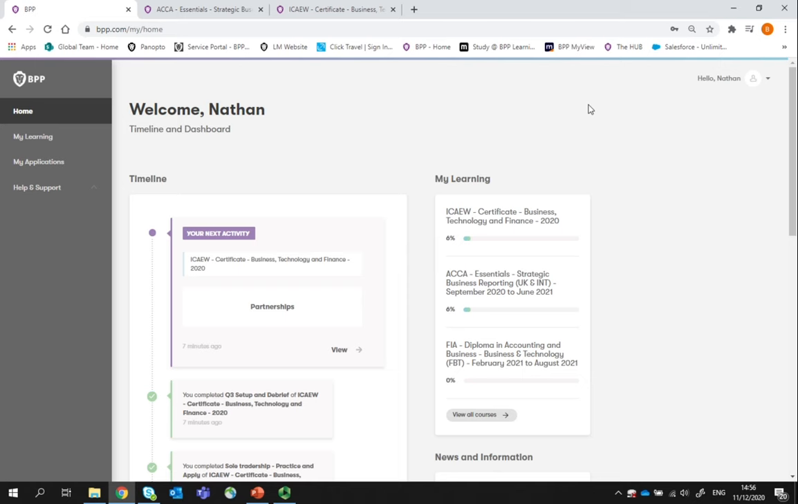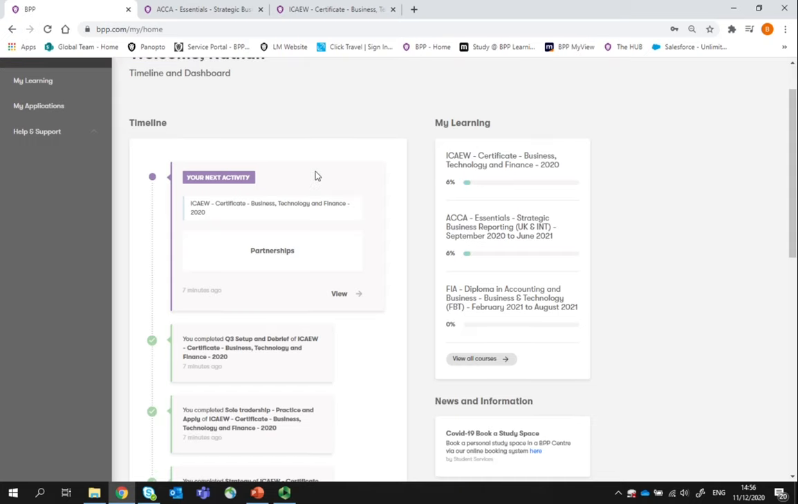When logging into your Enhanced Classroom via the BPP Hub, you'll be presented with a home page, also known as your timeline and dashboard. The basic layout is pretty simple. So at the top right-hand side, you are able to adjust your account settings. On the left-hand side, you have a timeline which will highlight and show what your next activity tasks are that